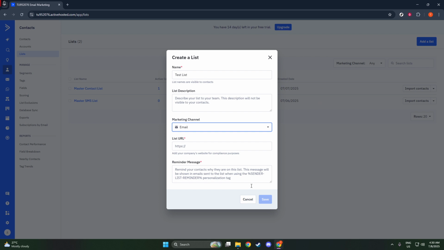And that's it. You've successfully created a list, and it now has a unique list ID, which is visible in the URL. This ID is a handy reference when managing your lists. Congratulations on setting up your list in ActiveCampaign. With this foundation, you're now ready to start organizing your contacts and crafting